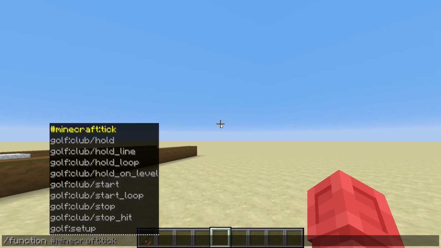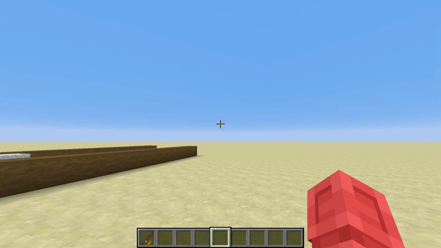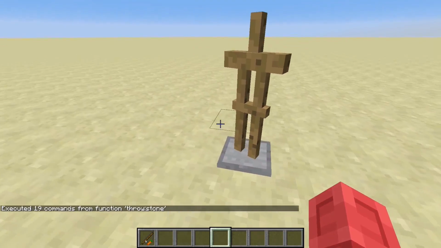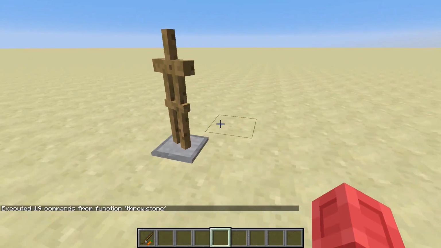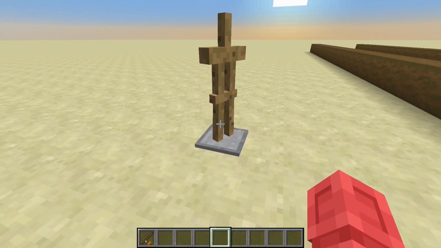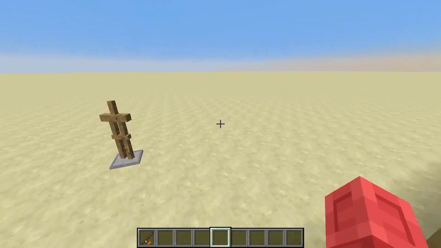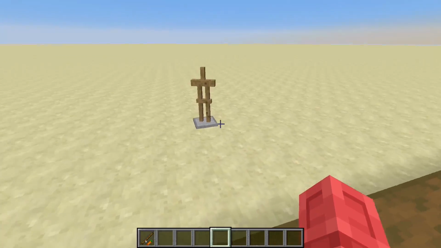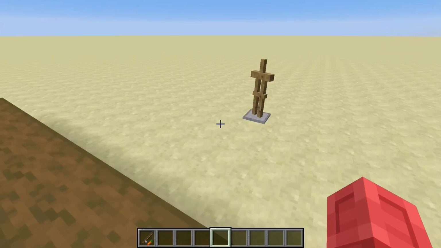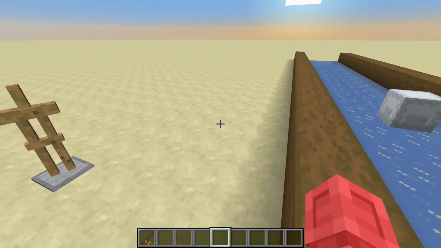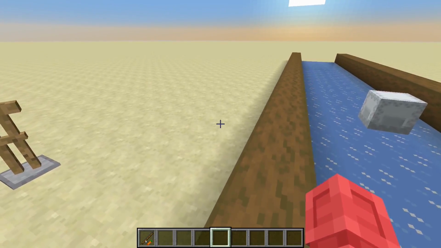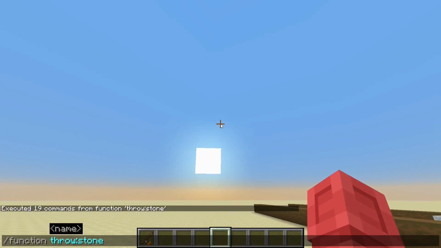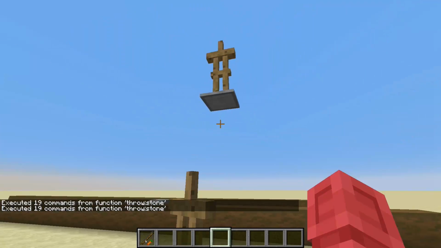You need function throw stone. I call that stone because my first plan was to summon a stone item, but there's a problem with items. If you modify the NBT data, especially the movement, then it's going to glitch in a weird way, and you have to update the NBT data every tick, so it doesn't look glitched out. So I just used this armor stand because it doesn't glitch around, as you can see, and I'm throwing it into the direction I'm looking,